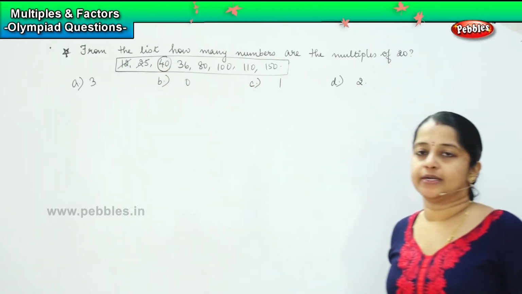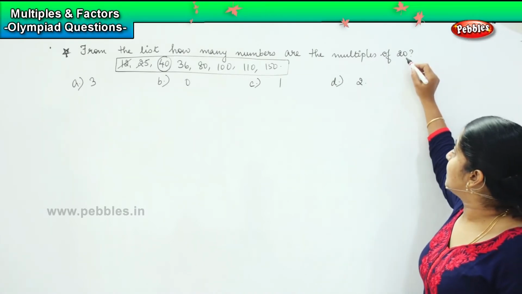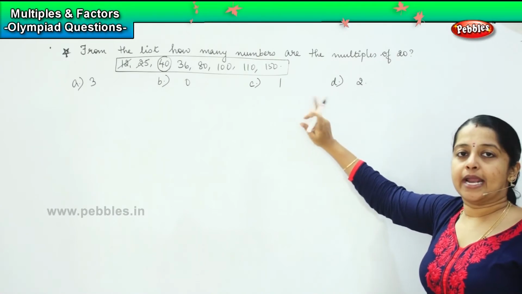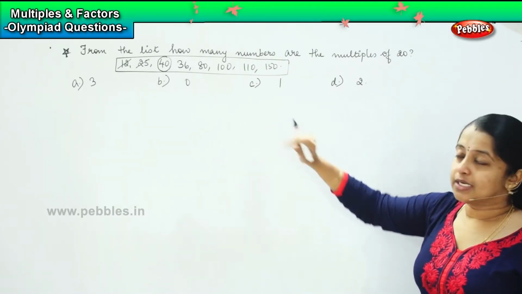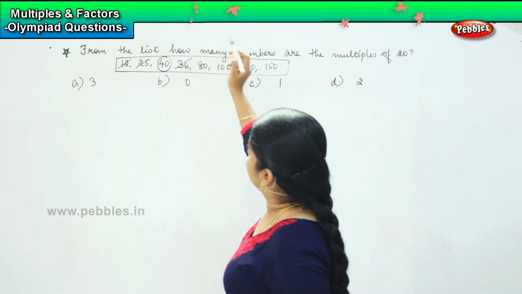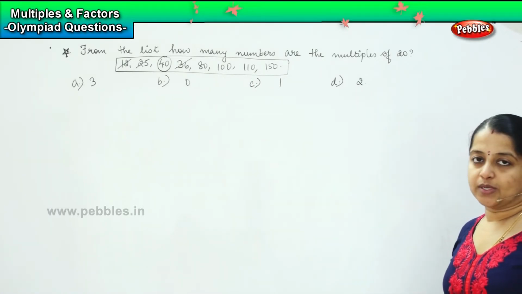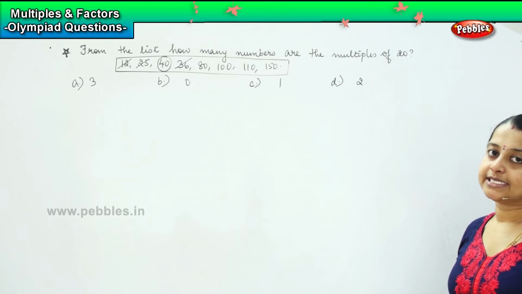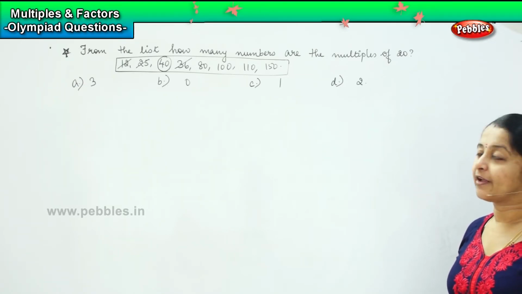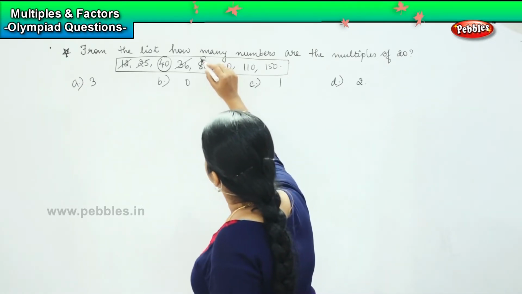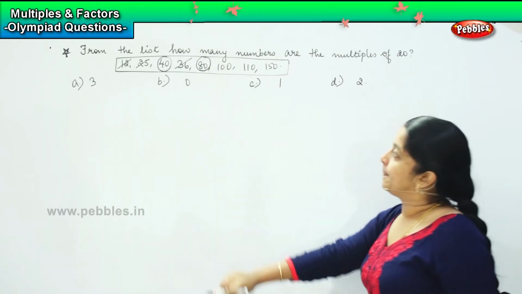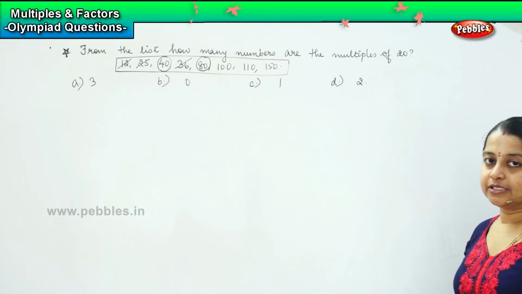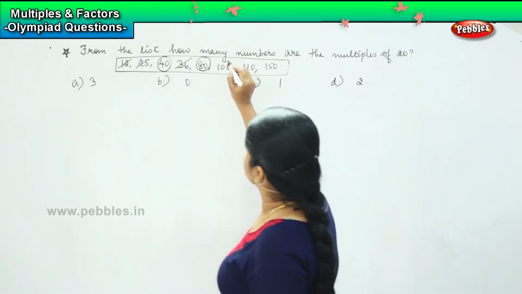So what about 36, children? No. Since the number here ends with 0, we have to see that the numbers that end with 0 and then is it divisible by 2. So 36 is not possible again. Coming to 80, 20 ones are 20, 20 twos are 40, 20 threes are 60, 20 fours are very good, 80. So this is also a multiple of 20. Coming to 5, 20 into 5 is very good, 100. So this will also come.